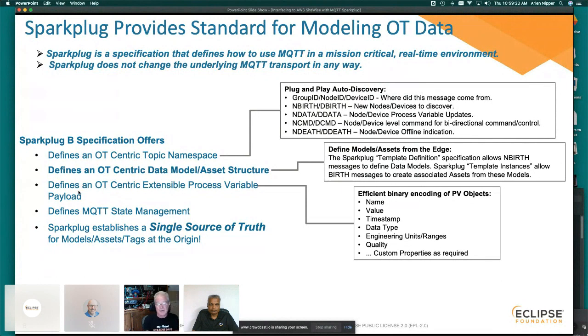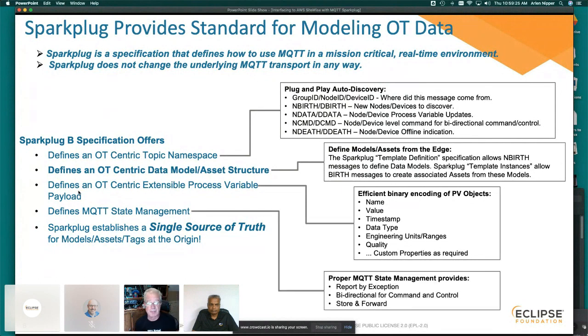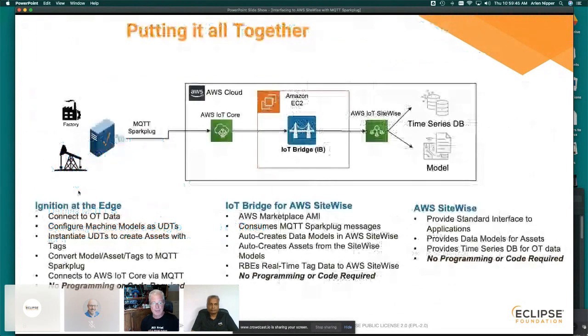types, engineering units, ranges. And then lastly, Sparkplug helps us define that nebulous aspect that nobody ever read in the MQTT spec of why did Andy and I put the last will and testament. Well, if we properly manage that, it lets us do report by exception, bidirectional command and control, and store and forward. So if we take that and look at it from the standpoint, if I can publish a model from